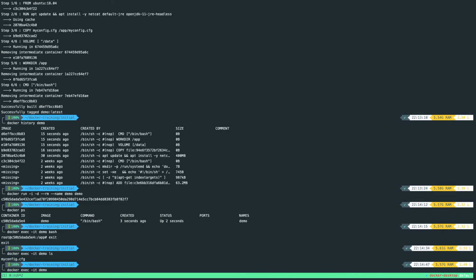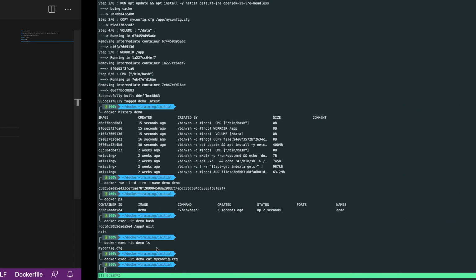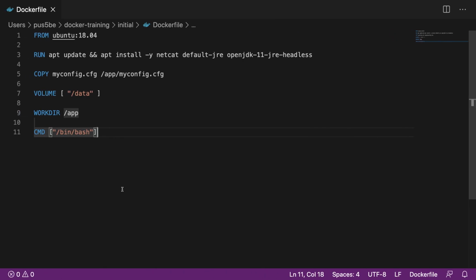For example, I can just say cat, let's say it's empty, so there's nothing there. But if something would be there, this would completely print my config.cfg. So if you see here, anything after demo is a command. So command basically tells us what command has to be executed, and there is something called an entry point.